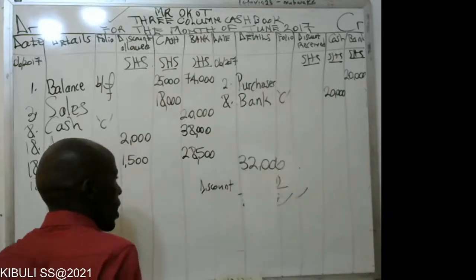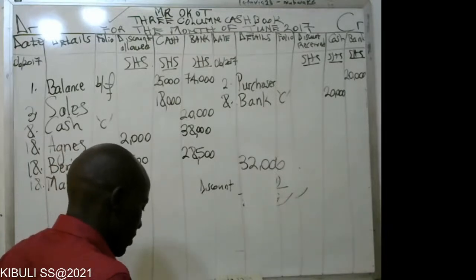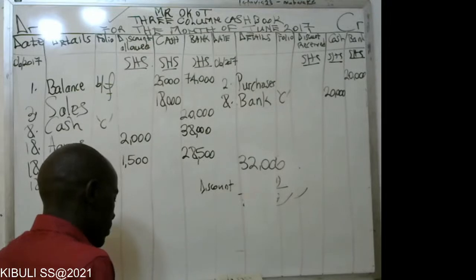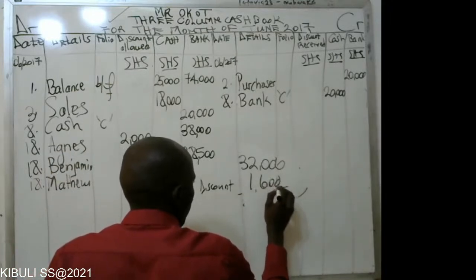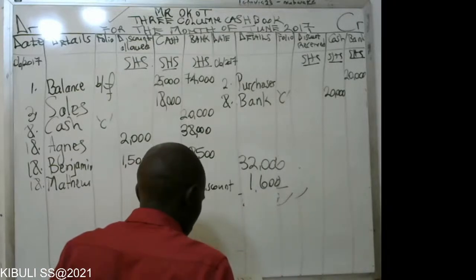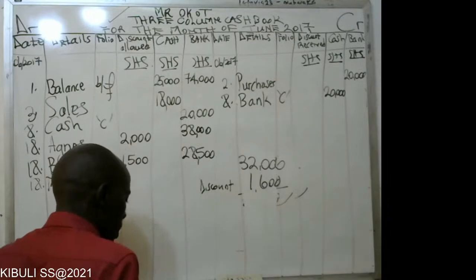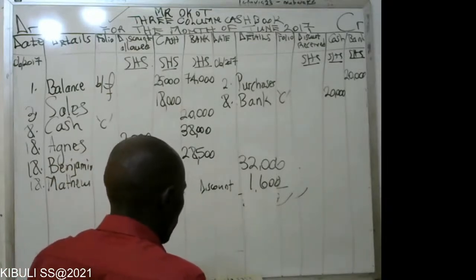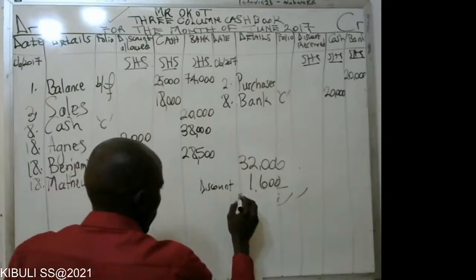But now we allowed Matthew a discount of 5%. So how much did we reduce? 1,600 shillings. So 1,600 shillings, you remove it from the 32,000, implying that you remain with